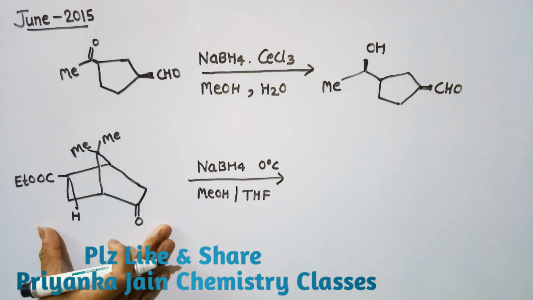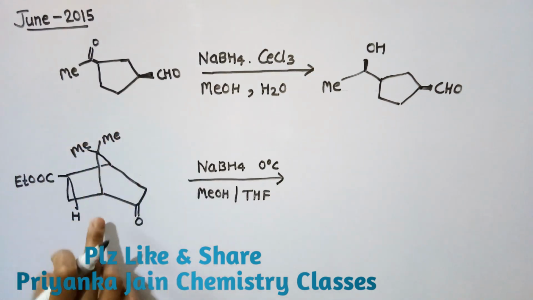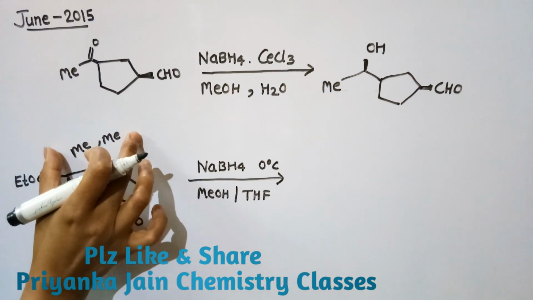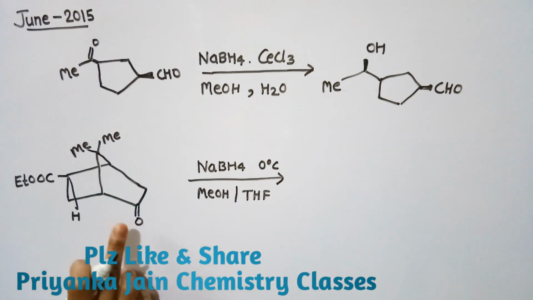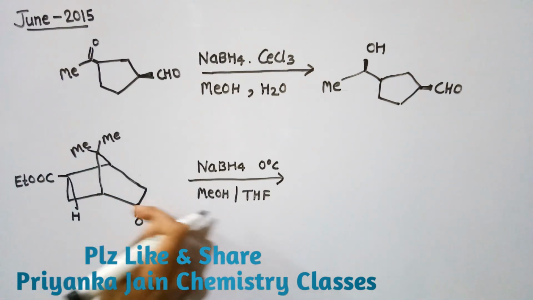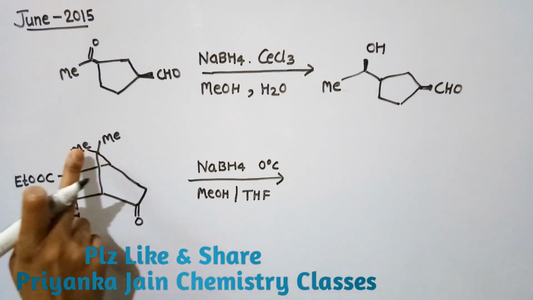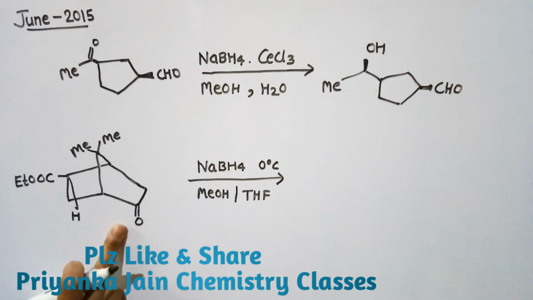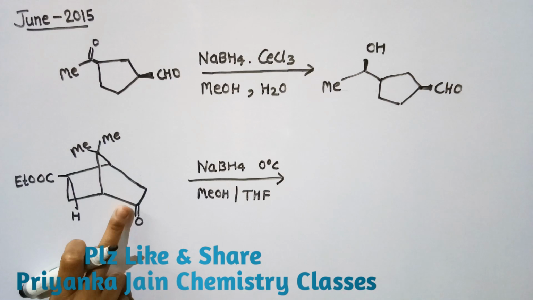Now see in this example, this molecule has these two methyl groups. These are the bridgehead methyl groups present here. So these are providing steric hindrance to the molecule. Now from where will the reagent attack? Two sides are present. One is the axial side in this way and another is the equatorial side in this way, right? So the equatorial side is now, due to steric hindrance, not a free side. So the hydride ion will attack from the axial side, right?